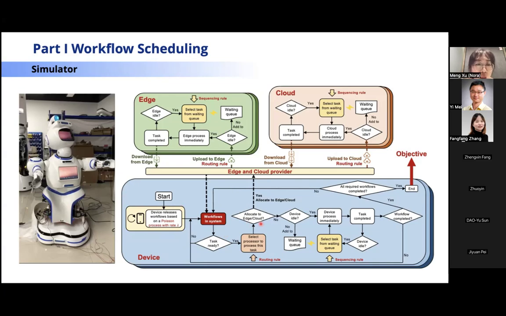And also, once we decide the processing resource, we need to check whether the resource is idle. If it is idle, then the task will be processed directly. If not, it will be added to the waiting queue. This process is quite similar to the job shop scheduling process. So for the workflow scheduling, we still have a routing rule and a sequencing rule, but different from job shop scheduling, we need to design different terminals for these two rules